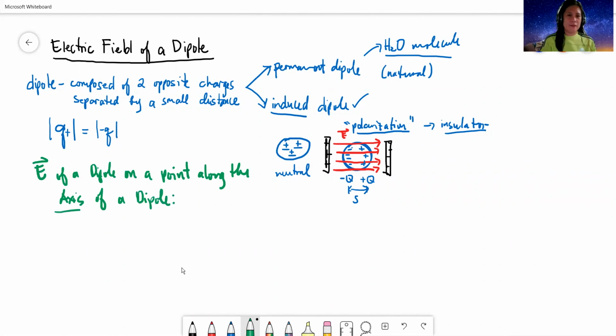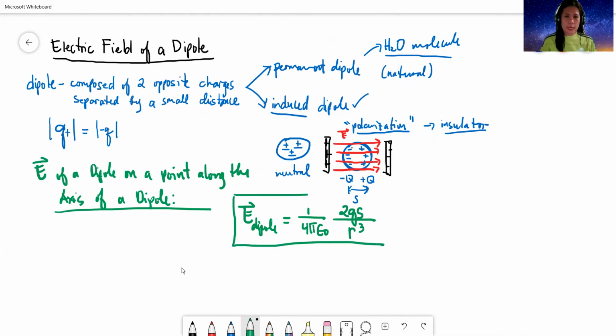Ayan. Okay. So the final equation na dapat ma-solve natin, we have here the electric field of a dipole on axis: you have 1 over 4 pi epsilon naught, and then you have 2qs over r cubed. So this is the equation that we'd like to derive. Ayan. And you can only use this